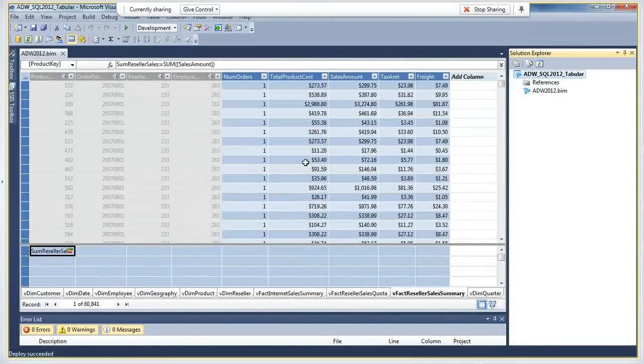So that is our first look at creating a tabular model. A few intricacies we had to deal with, primarily anytime we have a relationship that's other than a basic star schema approach. We introduced a mini dimension because we had one fact table at the date level and the other at the quarter level, and we wanted to compare measures from two fact tables built on those two different date levels. So there's a little bit of work that we have to do in the relationship area, but overall,